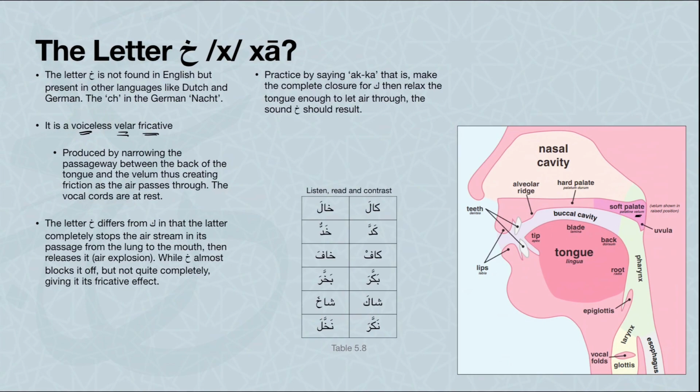But this one actually caught my interest because, why do we have to create friction? Because if we don't create friction and block the whole passage, technically we're creating qaf. But if we allow a little bit of friction,